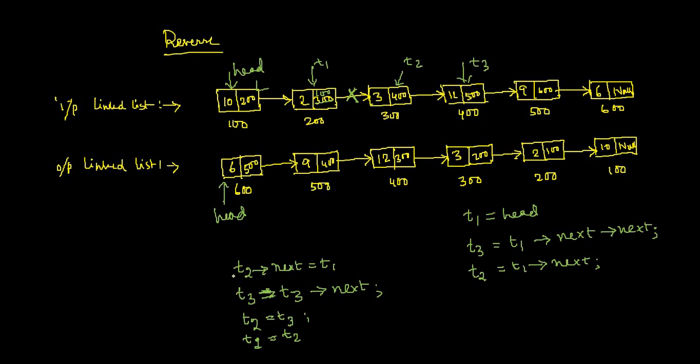This is pointed by now T2 and this is pointed by T1. Now if you connect the same statement, T2 next equal to T1, what will happen? This connection will now vanish, and this 400 will get replaced by T1, that is 200, and it will connect this one, something like this. And if it vanishes, then still it is not going to be a problem, because the other part of the data structure is safe, because you have the address of the first node in the T3. Right. So what actually is reflected with respect to the output linked list? It's reflected, you see, this 3 is now connected with 2.